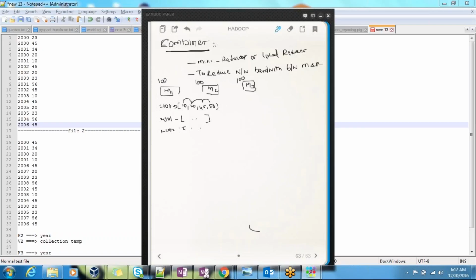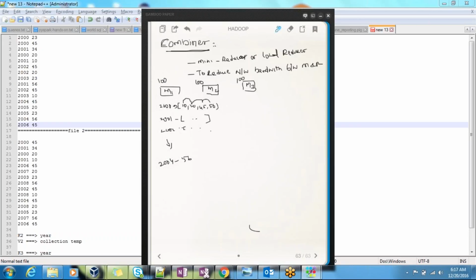So instead of that, what I will do is local aggregation. In mapper one only, I will find and emit, for the year 2000, what was the maximum? 56 is the maximum temperature.